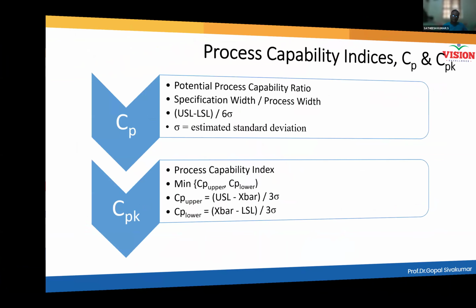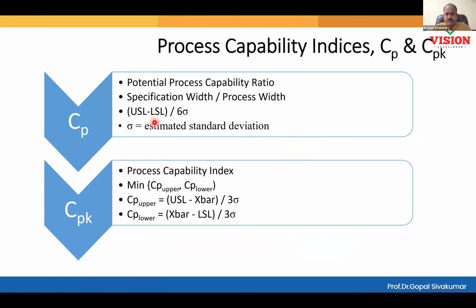So this is the formula for your Cp, Cpk. USL minus LSL, the customer-provided tolerance. The spread of the customer tolerance is collected. We are dividing it by the spread of the process. The spread of the process is the vehicle. The customer-provided tolerance is the road. The vehicle should be smaller than the road, yes or no? If the vehicle is smaller than the road, your Cp value will be more than 1. If the vehicle is bigger than the road, your Cp value is smaller. So a smaller Cp indicates trouble. That's why our Cp should always be more than 1.